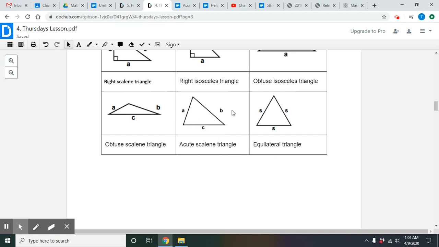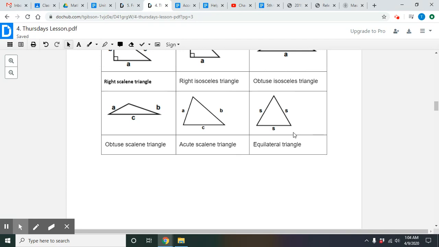And then the A, B, and C represent that all sides are not equal to each other, which is why this is an acute scalene triangle. Now, for the last one, what do we notice about this triangle? Have we seen this image before? Yes, we have seen this image before because we technically wrote it in our notes to tell us that this